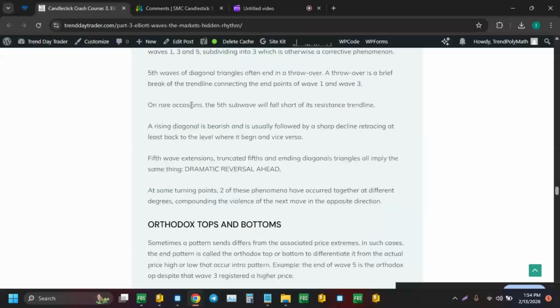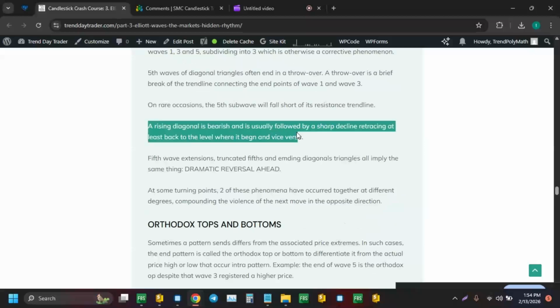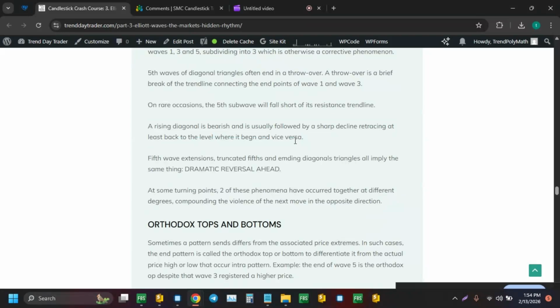On rare occasion, the fifth subwave will fall short of the resistance line. A rising diagonal is bearish. A rising diagonal is bearish and is followed by a sharp decline retracing at least back to the level where it began, and vice versa. Fifth wave extension, truncated fifth and ending diagonals all imply the same thing: dramatic reversal ahead. At some turning points, two of these phenomena have occurred together at different degrees, compounding the violence of the next